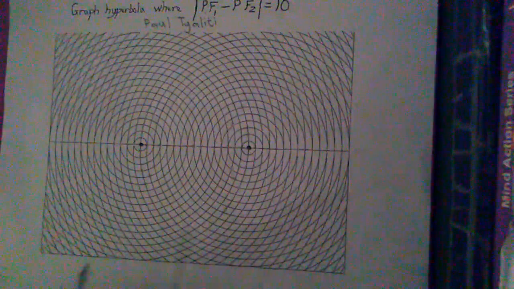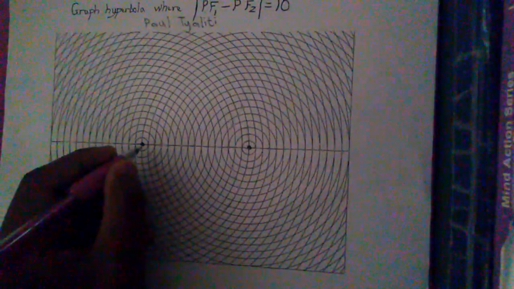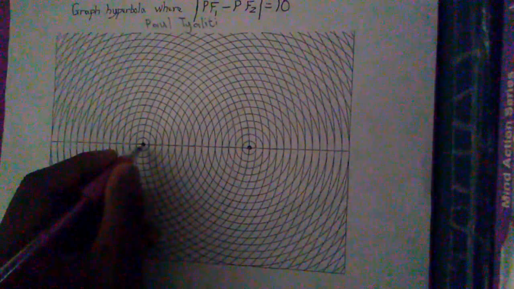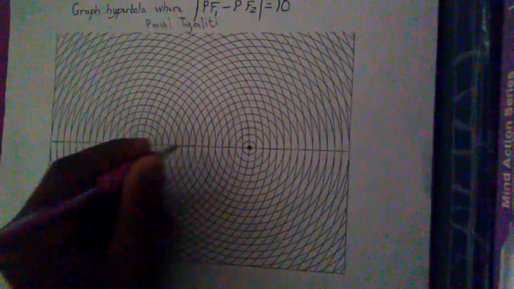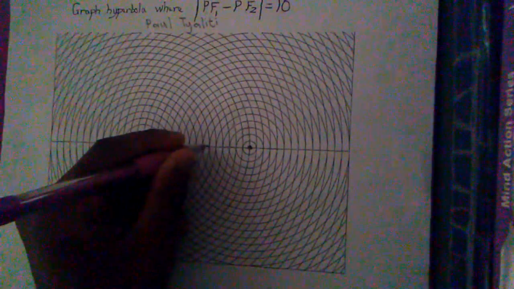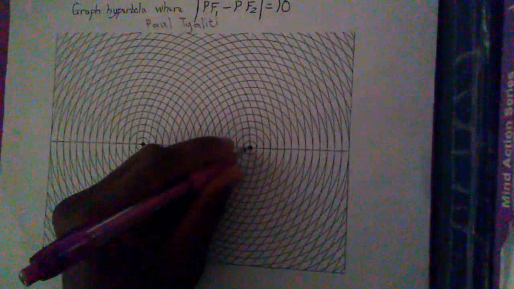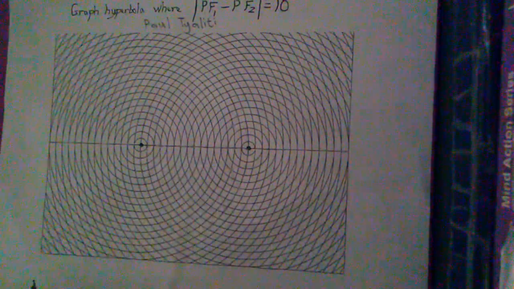So in this video, I'll be talking about how to graph a hyperbola using a conic paper. The first thing I would like to state is that we should first count the distance in between our two foci here. So the distance is going to be 1, 2, 3, 4, 5, 6, 7, 8, 9, 10, 11, 12, 13, 14, 15, 16, 17. And so since the focal distance is actually going to be 17, this means that the